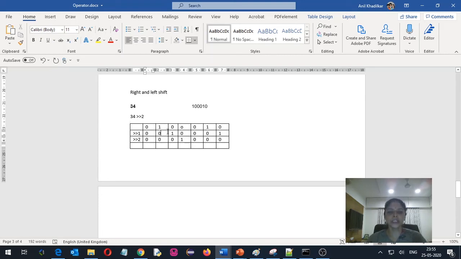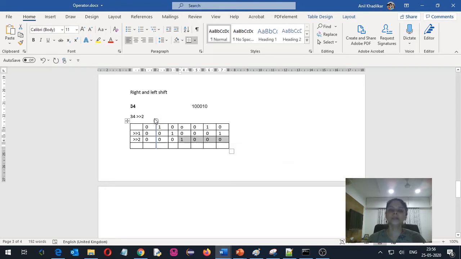Now if you check, initially the number was 17. If I check the decimal representation of this portion, initially this 1 we were multiplying by 2 raised to 4. Now we have shifted it into this location. So now we are multiplying this number by 2 raised to 3. That is, this is 2 raised to 0, 2 raised to 1, 2 raised to 2 and 2 raised to 3. So now if you see, 2 raised to 3 means the number is 8. Initially the number was 17. So half of 17 is nothing but 8.5. But since it is a decimal number, it is considering the answer will be 8. The fraction part will be ignored.